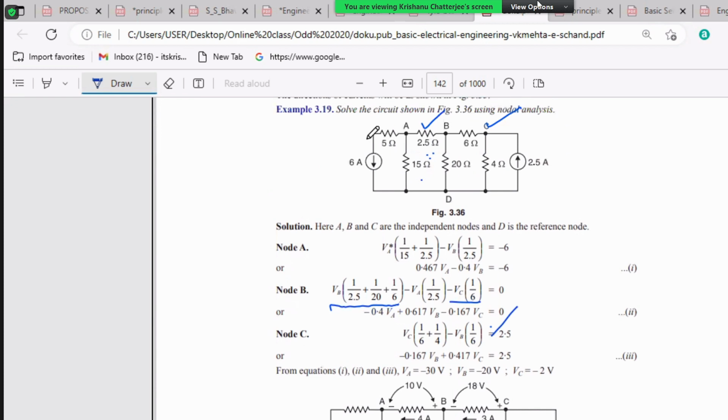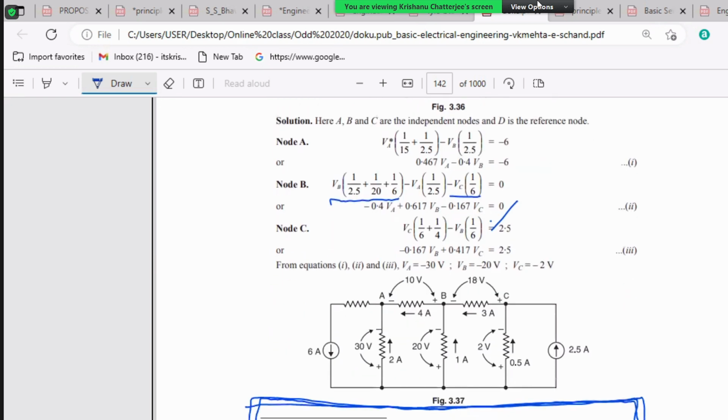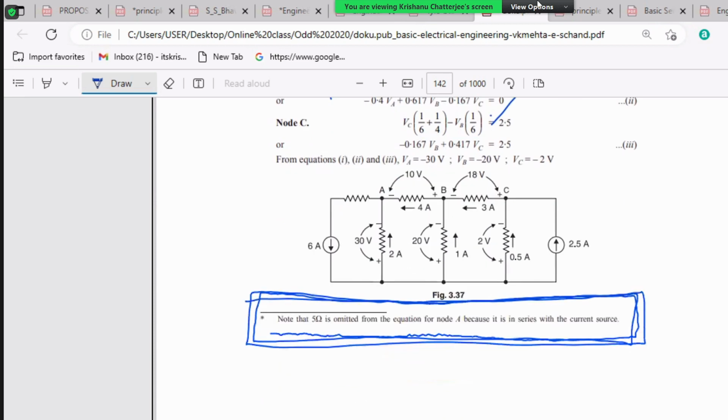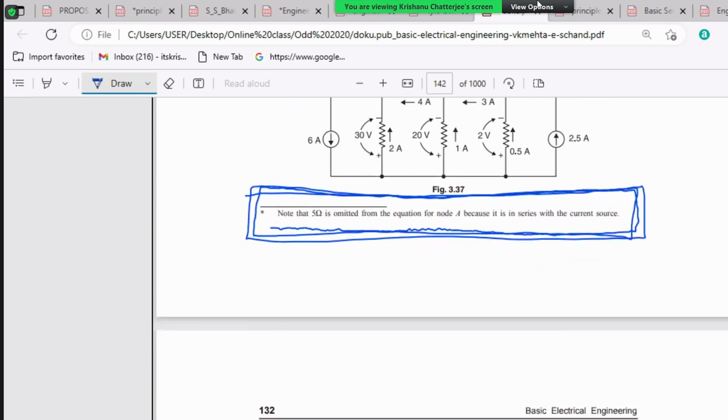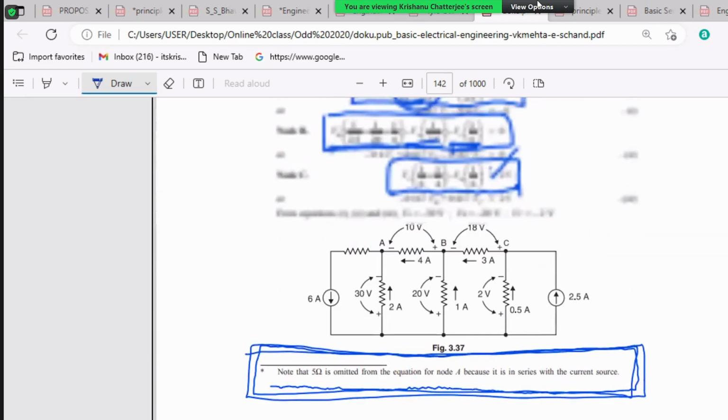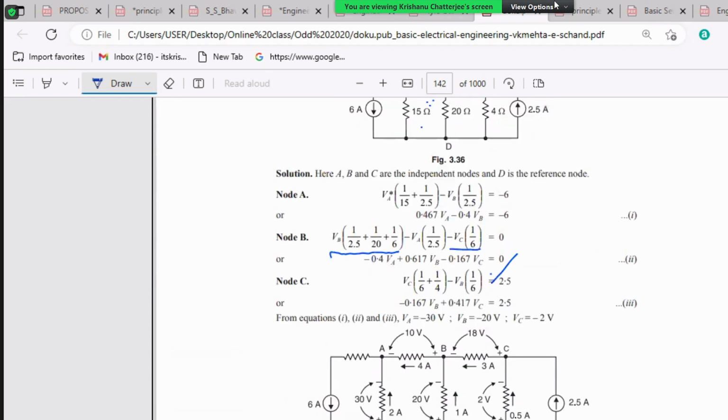Whenever a resistance is just in series with this one, we have to simply omit this resistance. Accordingly, we will get it. Clear? Understood? This is one extension of the shortcut method. There is nothing more. If you can go through the sums, it will be easy. I will be sending you the total thing over here. Go through solved sums, do the solved sums, both in the shortcut method as well as